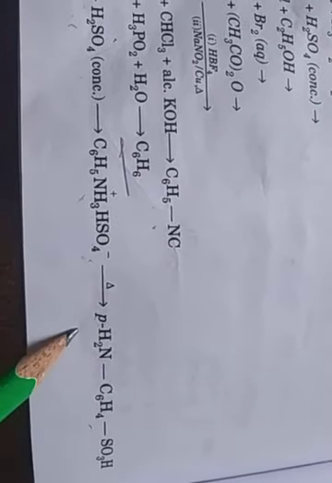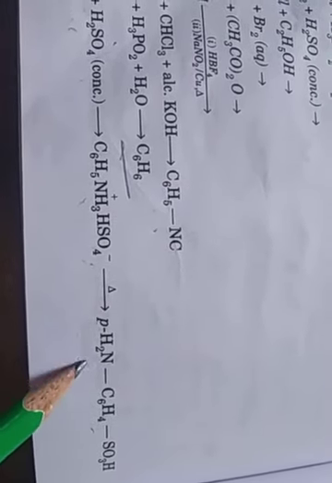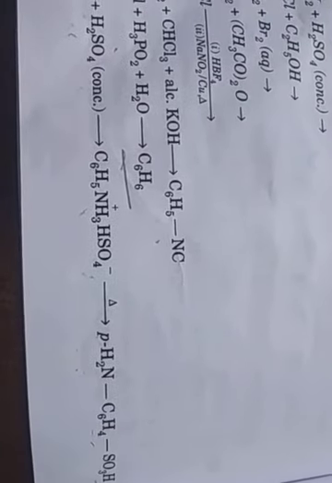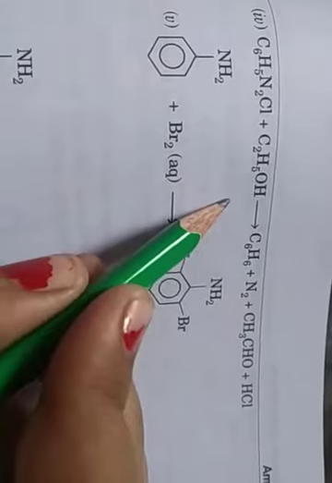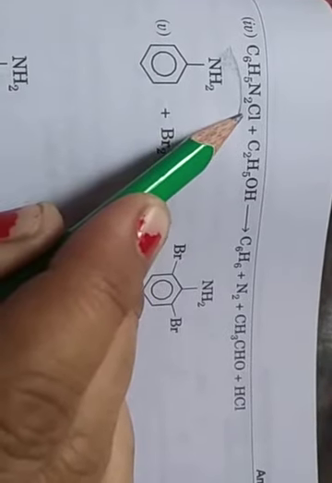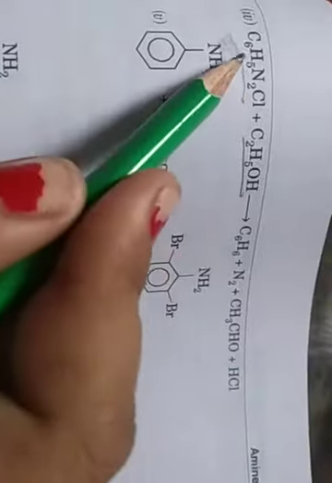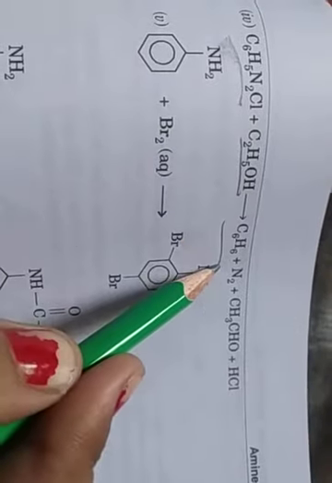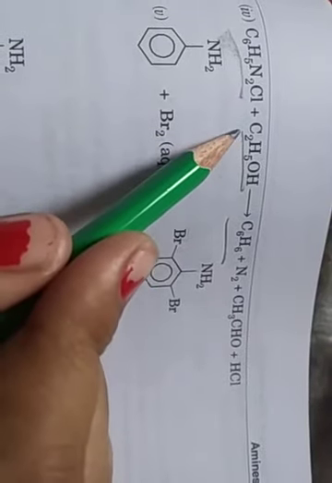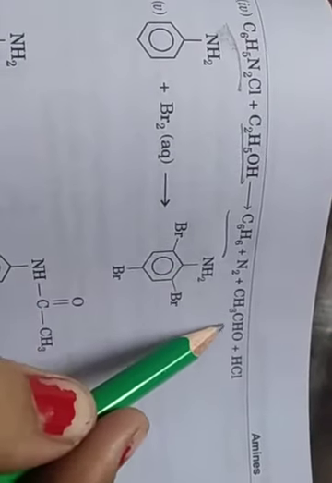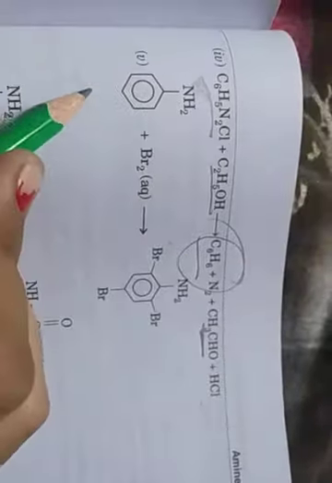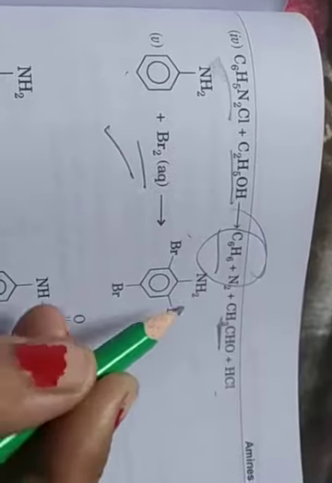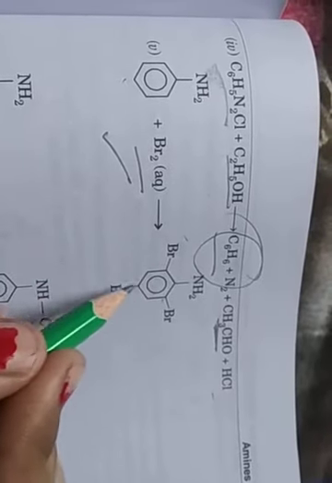Okay, so para aniline group, para NH2 C6H4 SO3H. Then next, fourth: C6H5N2Cl plus C2H5OH. The main product is benzene diazonium chloride reacting with the alcohol. So C6H5 accepts the hydrogen, so benzene is formed, nitrogen is isolated, and then CH3OCHO, benzaldehyde, HCl. Okay, so the main product is benzene. Then aniline reacts with bromine, so it is an easy reaction, three positions are attached by bromine, so 2,4,6